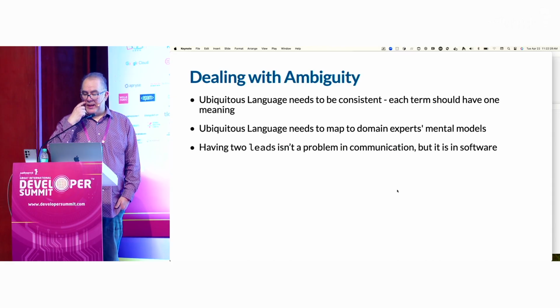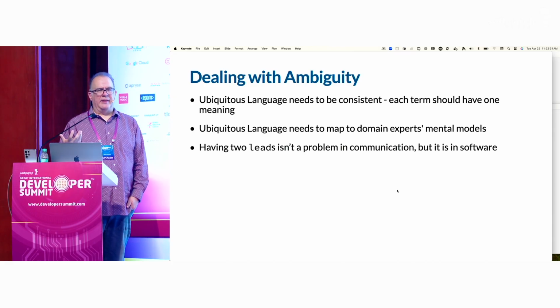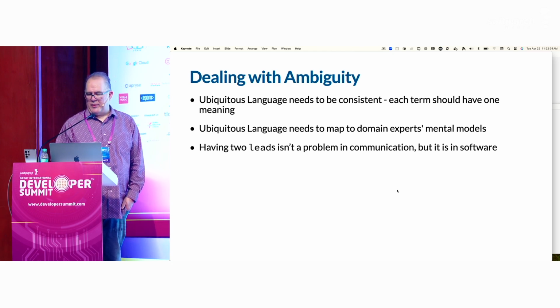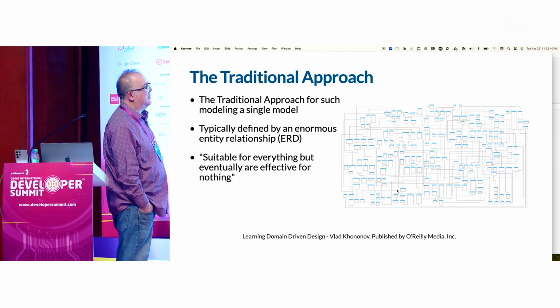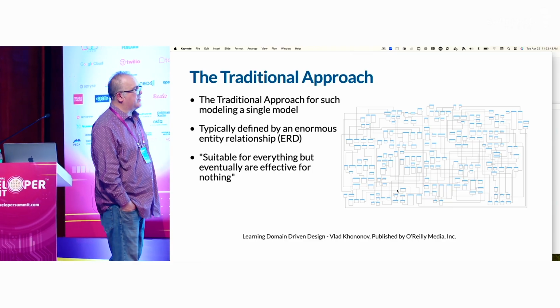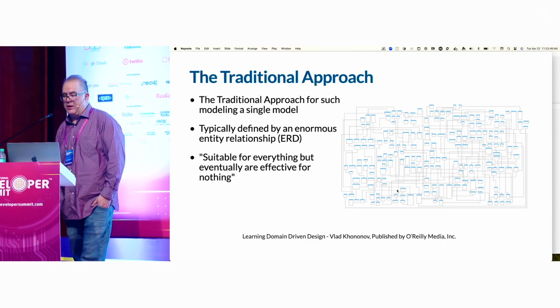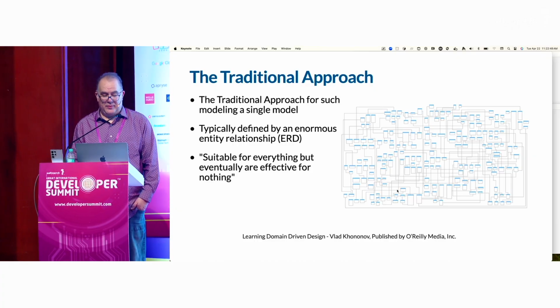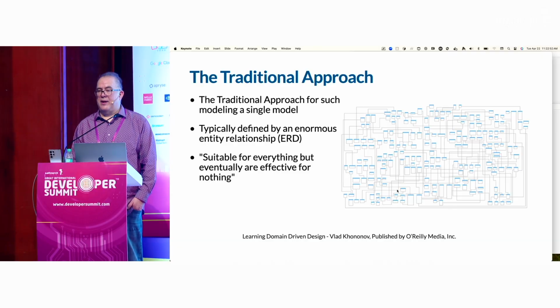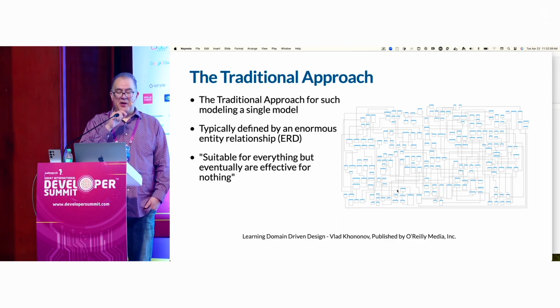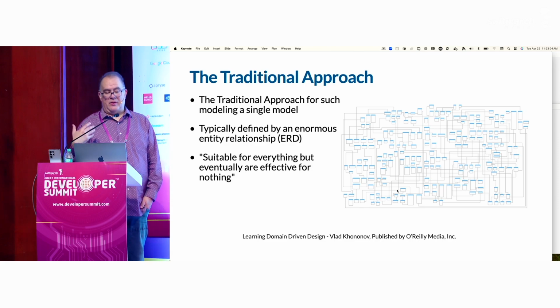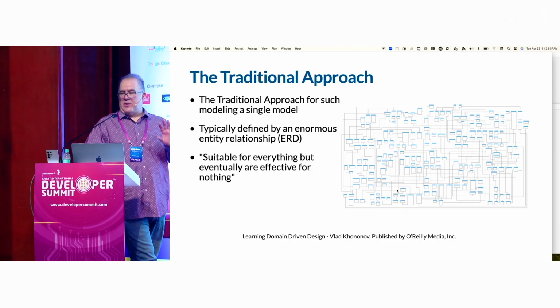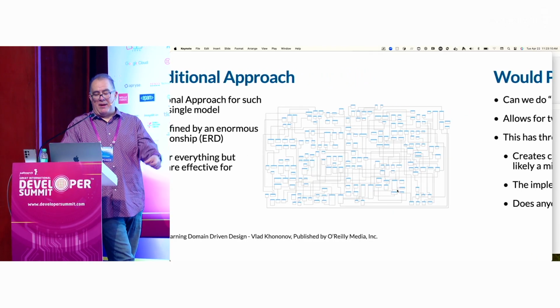And so that's what we want to look for. Like lead, what does a lead mean? And so everyone has their own way to deal with that. So one of the things about how we do things and what DDD forces us to do is not think about an ERD. One of my failed projects was me doing this. I thought a model has to bring everything in, right? And everything that is linked to one another. That's just madness, because bringing in an object graph with everything in the world is going to make your life so hard, right? And so the idea for this is to wrap things up in a bounded context